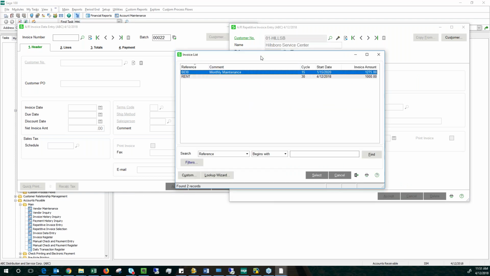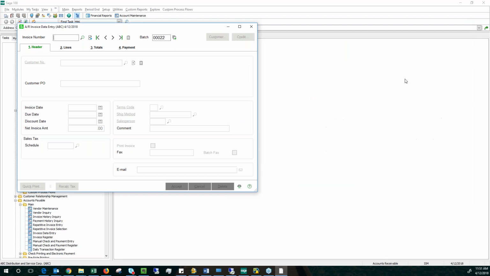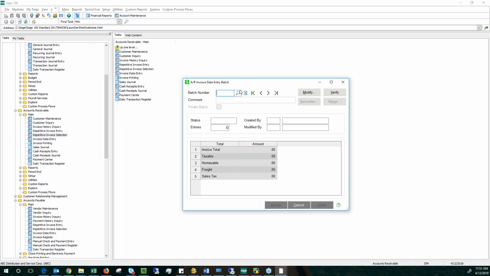And now if we click on that reference, it has saved in here as rent. So now to pull this up, we're not actually posting from repetitive invoice entry. We have to take one more step. So we've entered all the repetitive invoices, right? Now we want to pull up that repetitive invoice. So here we're going to go to